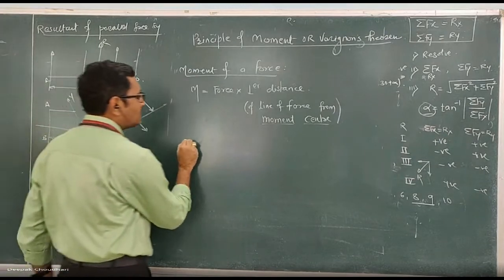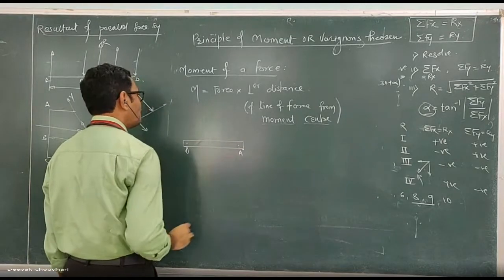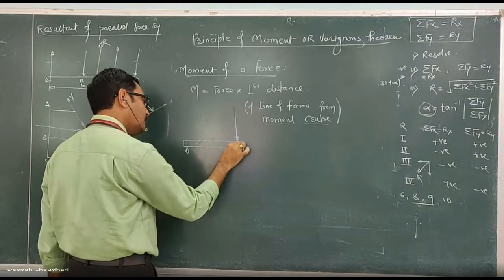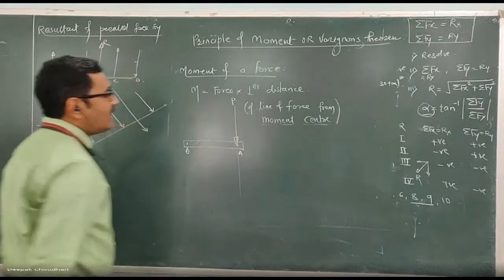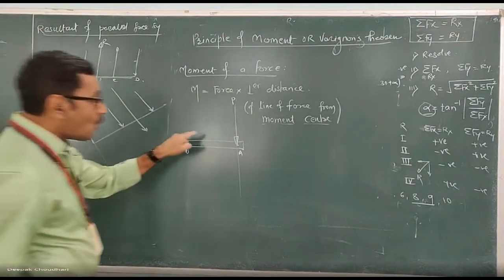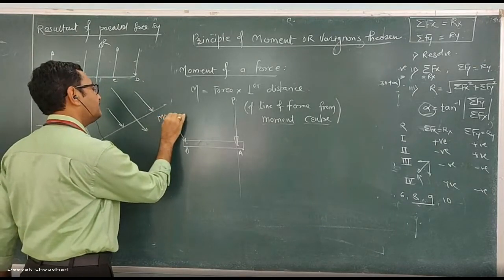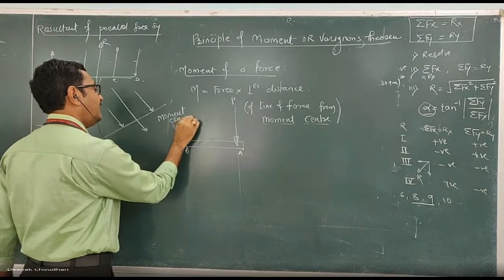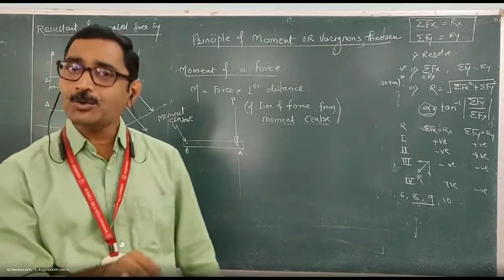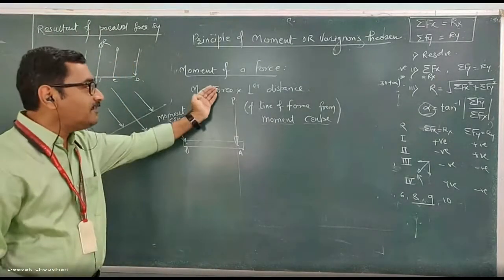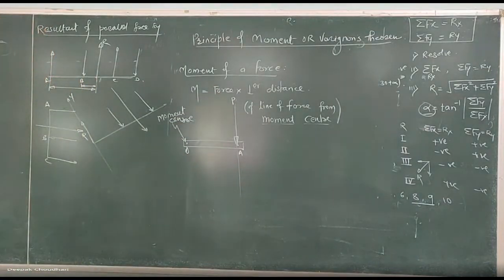Now, let's consider, suppose this is one body, let this O and this A, these are the 2 points on that body and one force is acting vertically downward. Let that force be P. So this becomes the line of action of this force. Now, when I want to study the turning effect produced by this force on this body with respect to this point O, so this point O becomes the moment center. And commonly we say that it is a moment of the force P about O. When I say the moment of force P about O, it means that I am considering the turning effect produced by this force on the body with respect to the point O. That point O is known as the moment center.